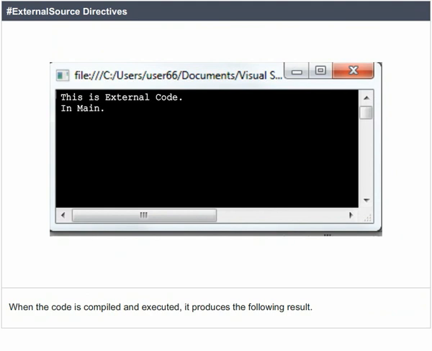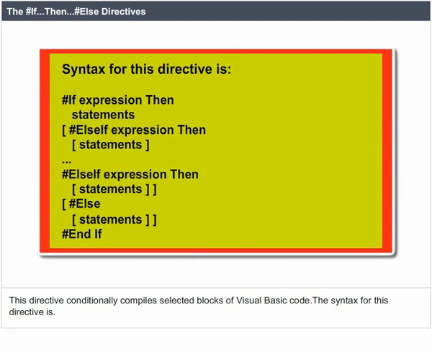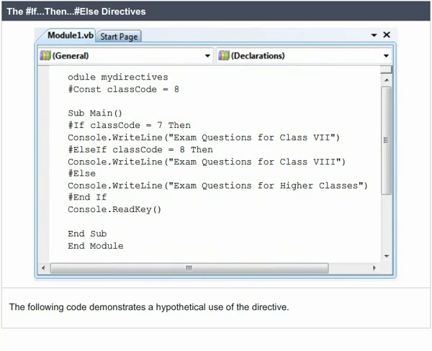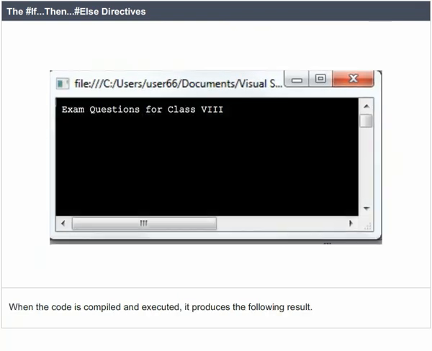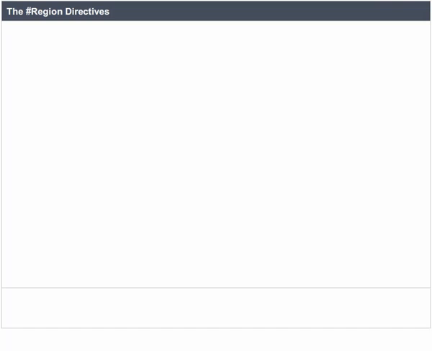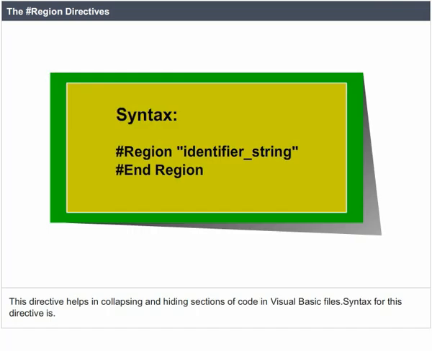The #If...Then...#Else directives. This directive conditionally compiles selected blocks of Visual Basic code. The syntax for this directive is: the following code demonstrates a hypothetical use of the directive. When the code is compiled and executed, it produces the following result. The #Region directive. This directive helps in collapsing and hiding sections of code in Visual Basic files. The syntax for this directive is #Region identifier_string ... #End Region. For example,